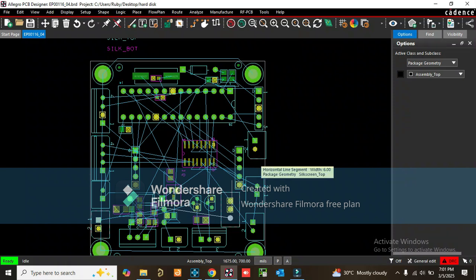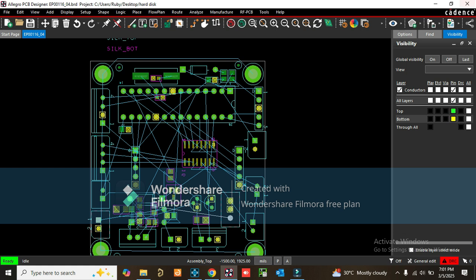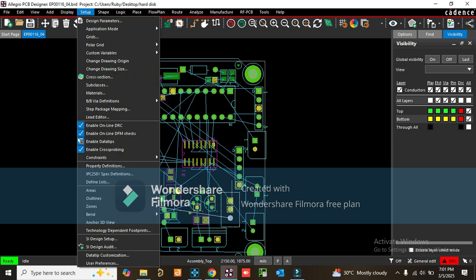So today I am going to teach you how to create four layer boards from two layer. If you can see here, by default it is a two layer board, but I want to make it four layer. For that, what you have to do? You have to go to setup. I am using Cadence 17.4 version. This is the newest one, so I am using this one. So we have to go to setup,